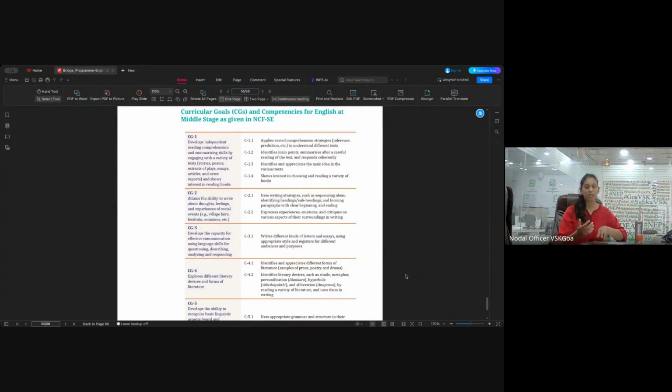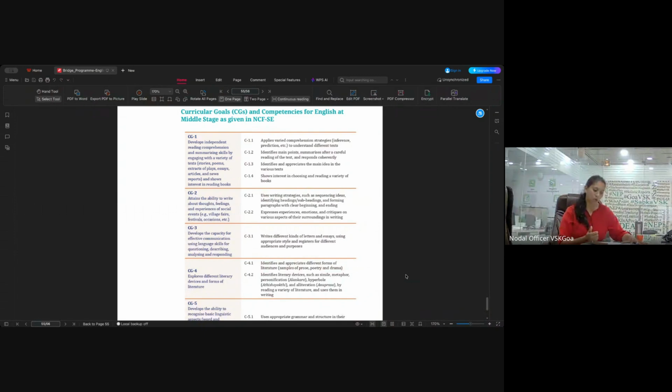Now, if you come across the document, since it has been prepared by the NCERT, it has been structured for 6 weeks, but we are looking at as much as we can complete across 4 weeks, because that is what we have for the month of April. Before I move to the CGs of grade 8, briefly, to understand what the 8th Standard Bridge course focuses on: the first thing is reading skills. Students are expected to identify main ideas, locate information, interpret meaning from text, and basically focus on reading skills.